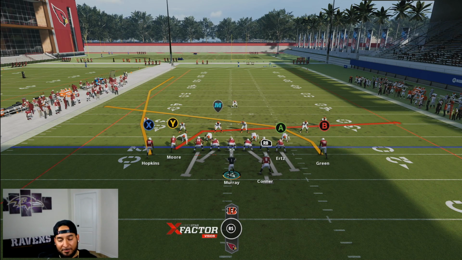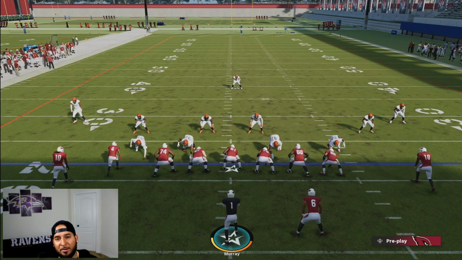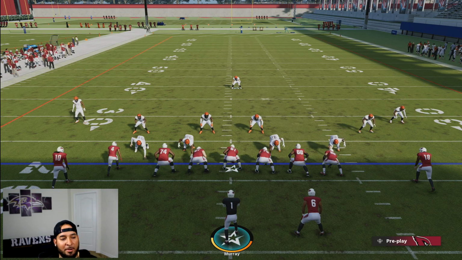If they press and they bump and run and you don't get a good release, just hold down and throw a high ball like I'm about to show you right here. And then we're going to jump into a couple of other things that you can do if they're in man coverage, if you're not comfortable making that throw. So, like I said, they're in man coverage. They're not pressing on me, but regardless if they're pressing or not, you're going to be able to make this